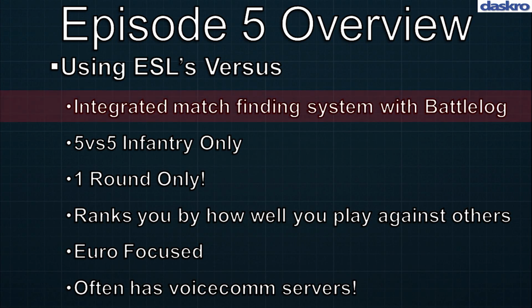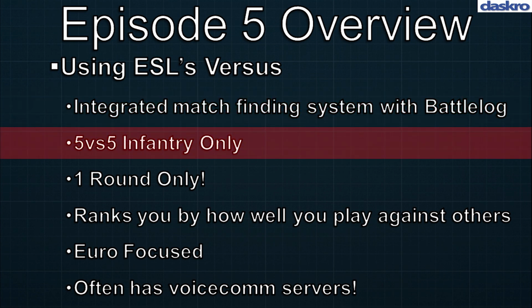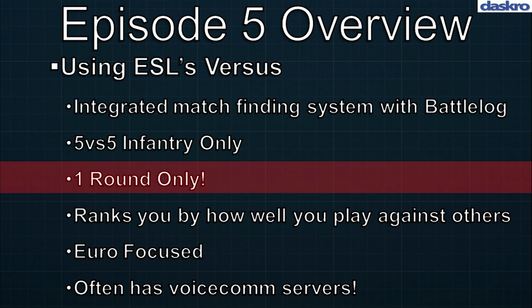ESL Versus. It's an integrated match finding system on ESL's website, linked below, with Battlelog, which means that you find a match within this website and then it creates a Battlelog match and you play it. It's 5v5 infantry only, it's one round only. And so if you're playing Operation Metro and you're playing on US side, you're just going to play US side,